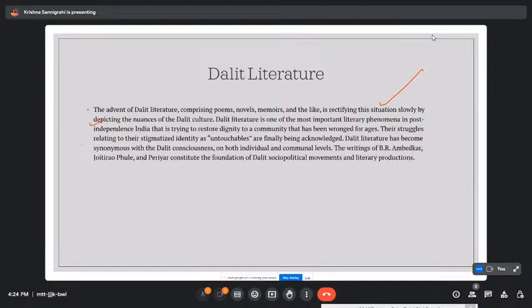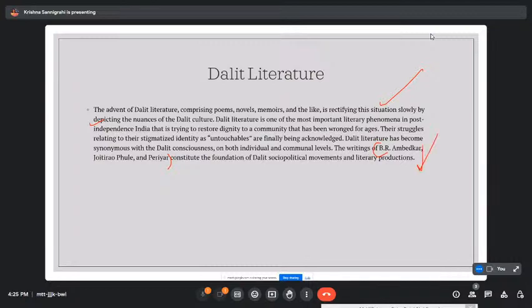So the writings of B.R. Ambedkar, Jyotirao Phule, and Periyar constitute the foundation of Dalit socio-political movements and literary productions. So you need to remember who were the cornerstones of Dalit literature and Dalit identity. It's B.R. Ambedkar, Jyotirao Phule, and Periyar, who constituted the foundation of Dalit socio-political movements and literary productions. So we cannot do without their ideas